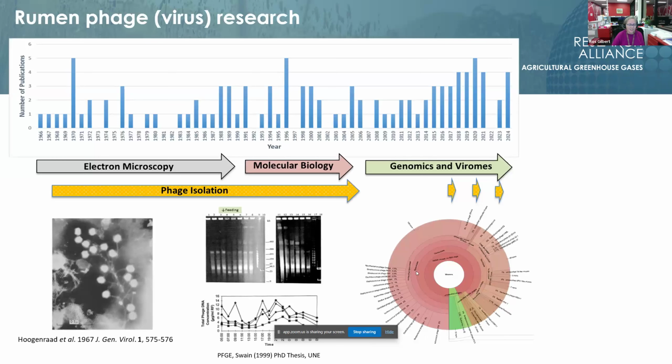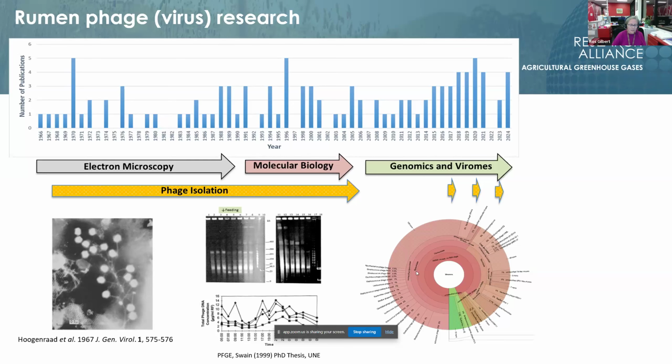People often start their research papers saying that there hasn't been very much done on rumen phage research. And compared to the efforts put into characterising rumen bacteria and fungi, say, that's absolutely true. But there has been a slow and steady build-up of knowledge in the phage space, and research efforts can really be chronologically linked to developments in technology available at the time. This graph at the top includes 110 publications in books and journals relating to rumen phages and viral populations. The record spans almost 60 years, beginning with the first short report by Adams from the Iowa State University in the